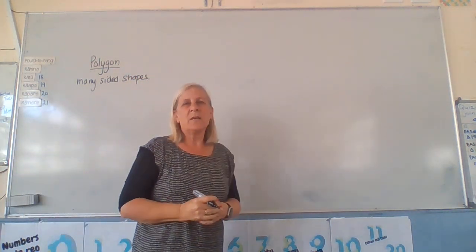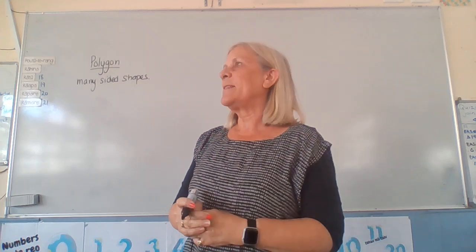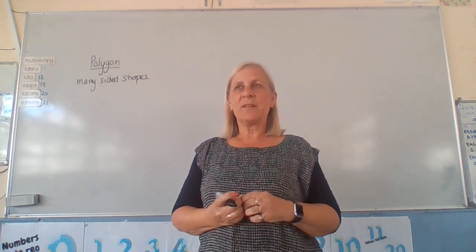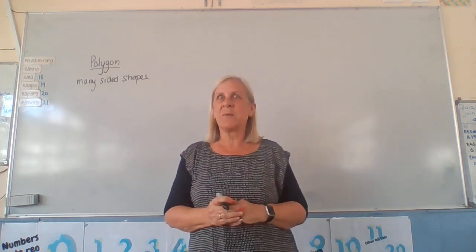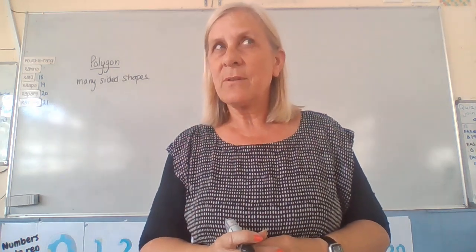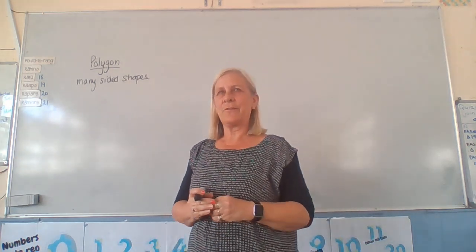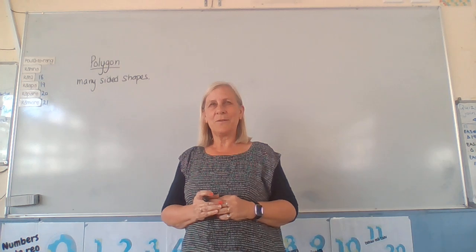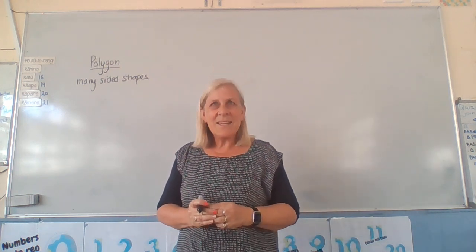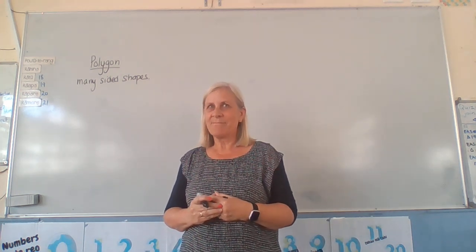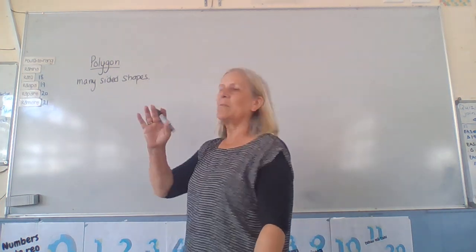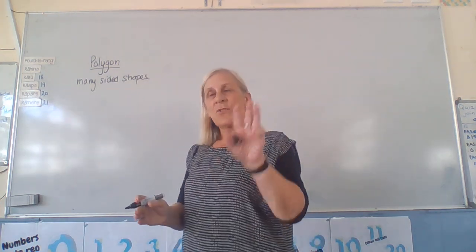Okay. So I said that there is one two-sided, two-dimensional shape. Does anybody else know what the two-sided, two-dimensional shape is? It is not a polygon. It's a circle. All right? Has an inside and an outside. That's just two sides. All right. Anyway, moving on. So we've done three-sided shapes,